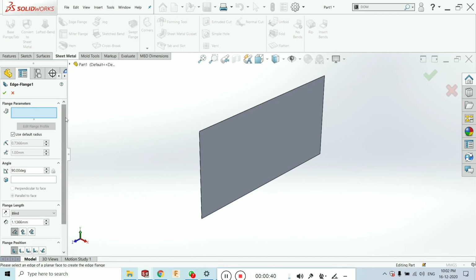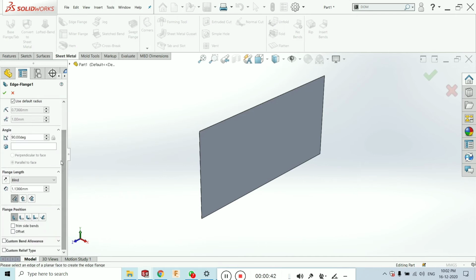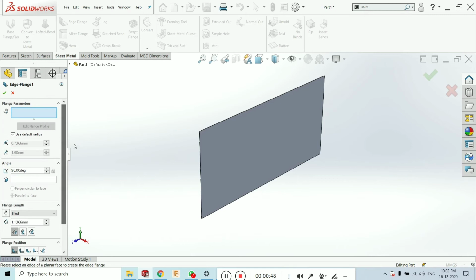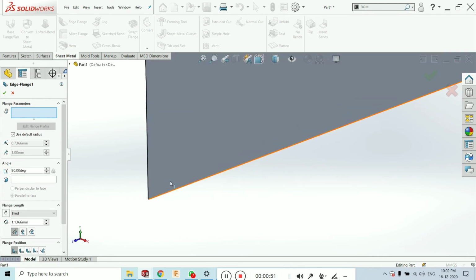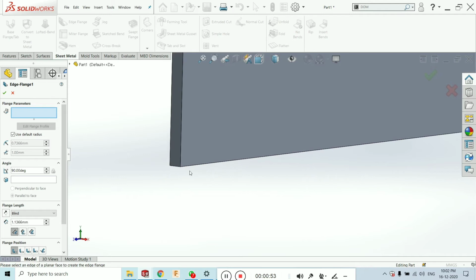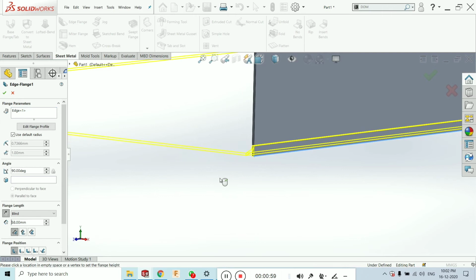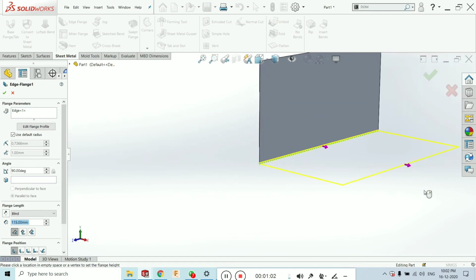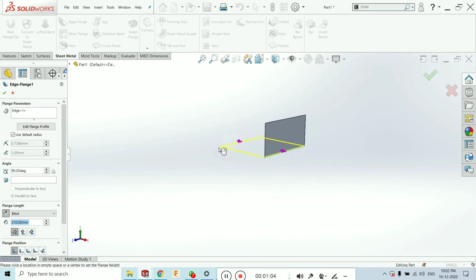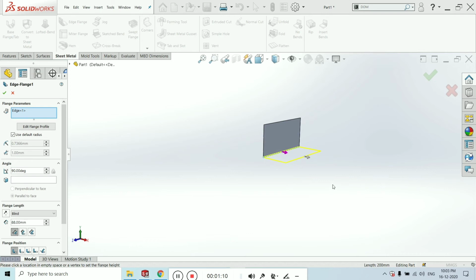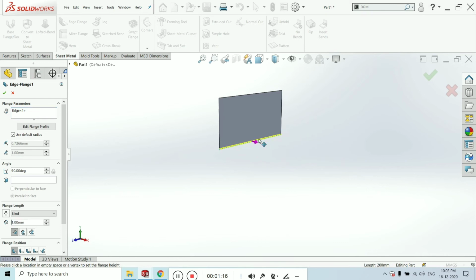Before going ahead, I want to explain the flange position types; there are a total of five. Just click on Edge and select the edge. I have explained that the thickness of sheet metal is always very small. I am selecting this edge. Now it automatically gets the direction as I move my mouse, without clicking anywhere. You can also drag it to reduce or increase the edge distance.